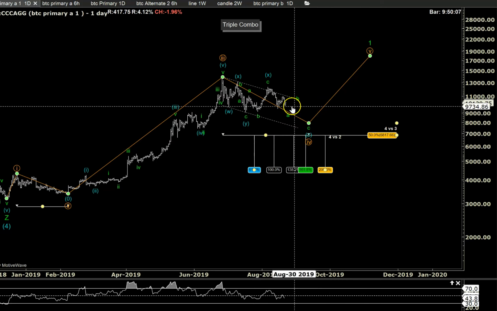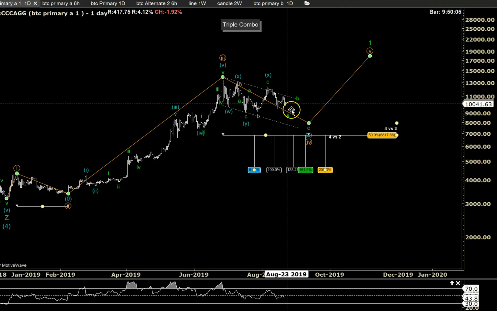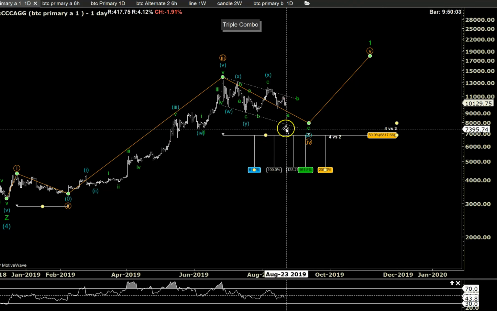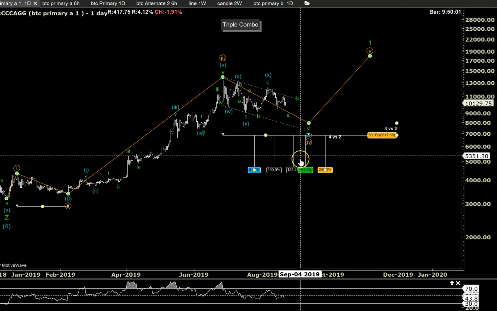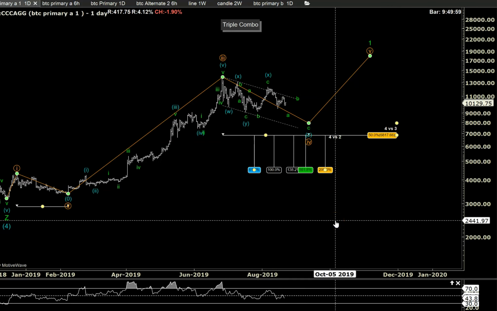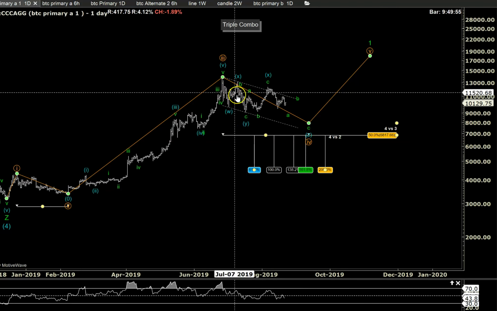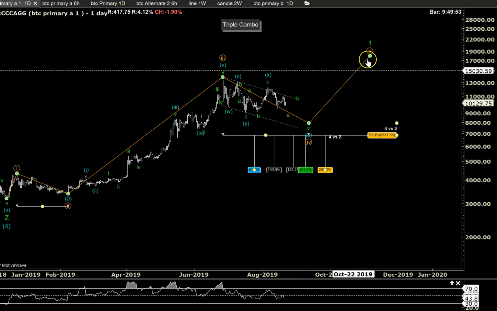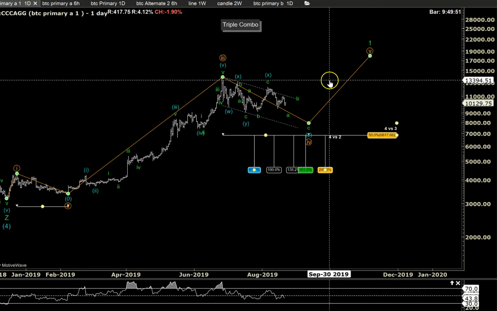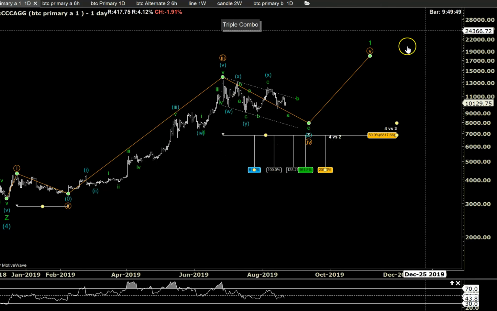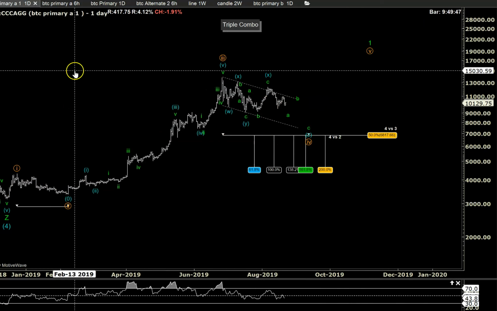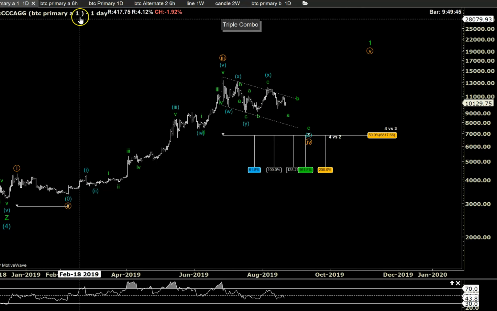So, the correction on Bitcoin, it's starting to run towards the end. So maybe another month or so of corrective price action before we have to embark on the next bullish leg up, being the 5th wave, or being the start of a new bull trend in the 3rd wave. So, okay, that's this. The other thing I've